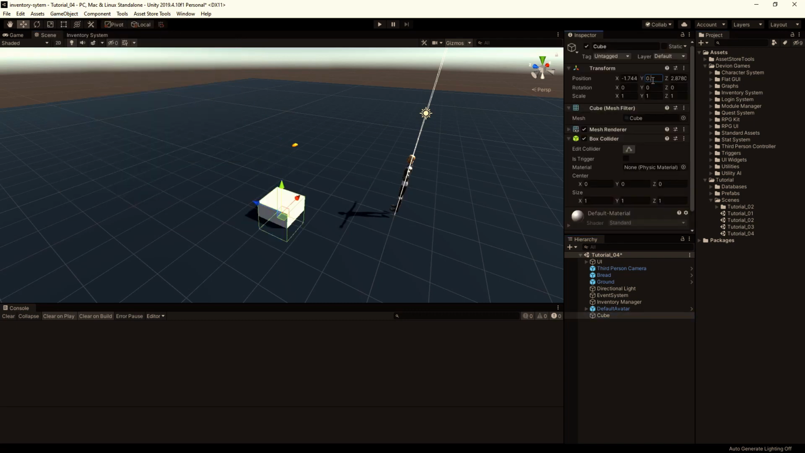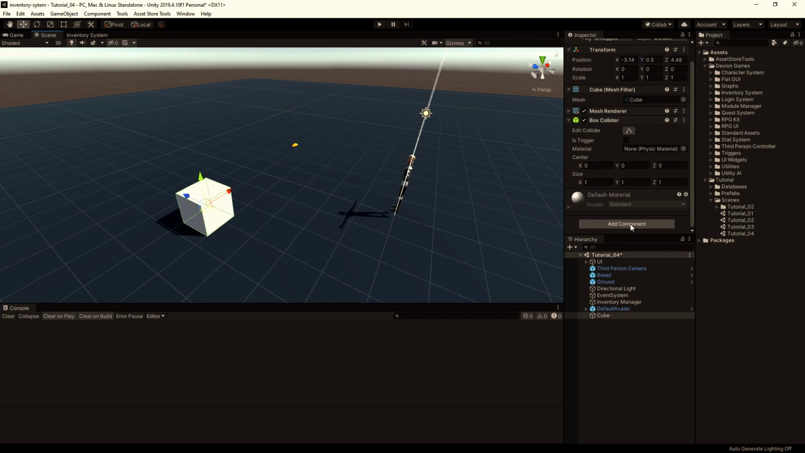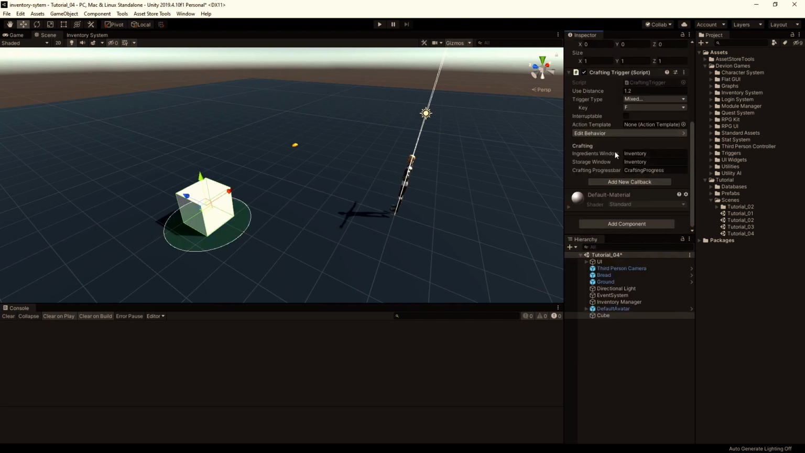Position it, and add the crafting trigger component. That should work by default, so we have our inventory window, our crafting progress bar, and everything seems to be fine. Let's just increase the use distance a little bit to 1.5,